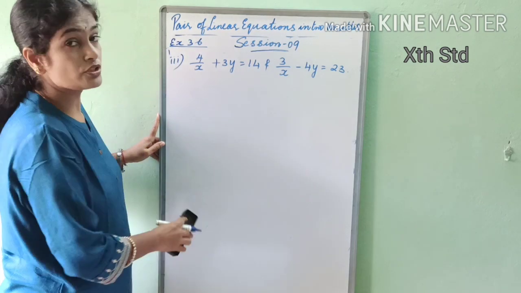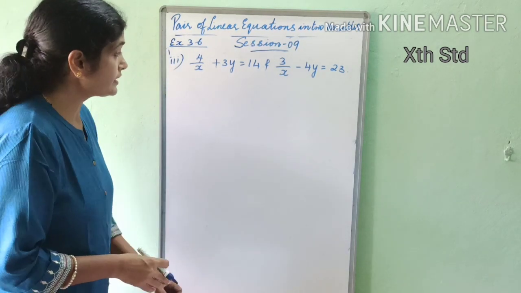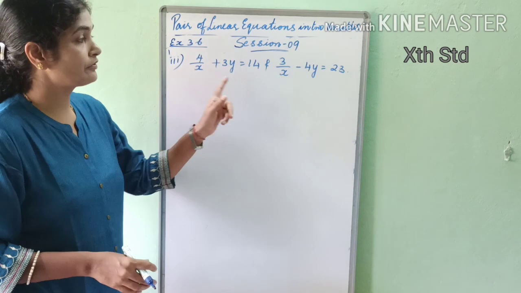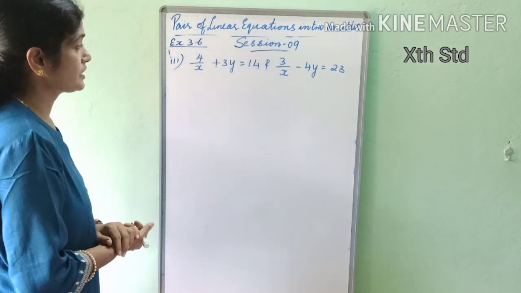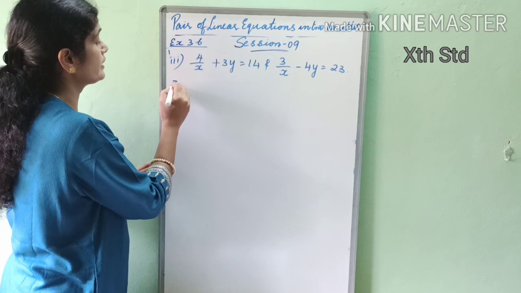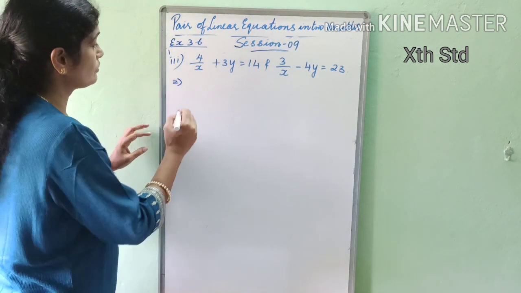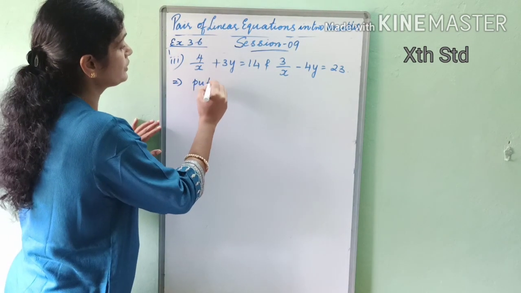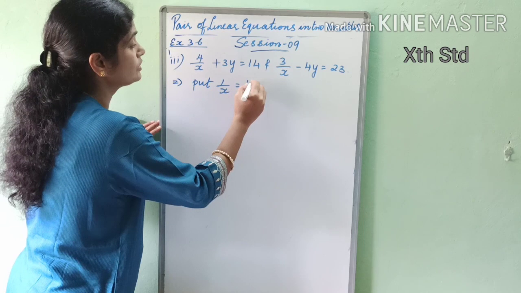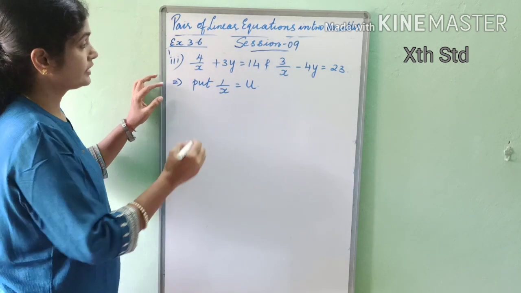So we should make the substitution only for whichever variable is in the denominator. The other is already in the standard form, so there is no need for it. So what will we say? We will say put 1 by x is equal to, say, u. Then